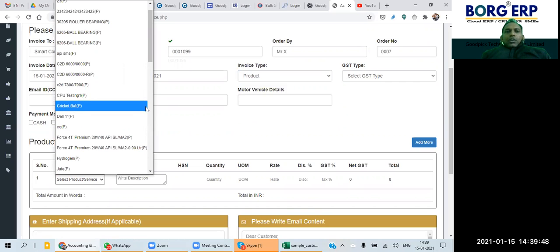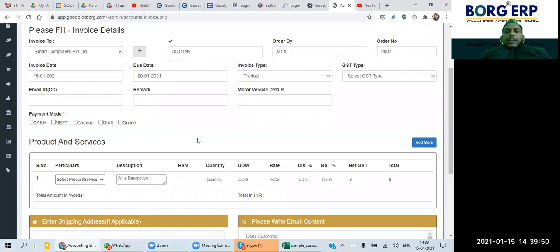What will happen is that the quantity you put in the invoice would be deducted from your stock or inventory.